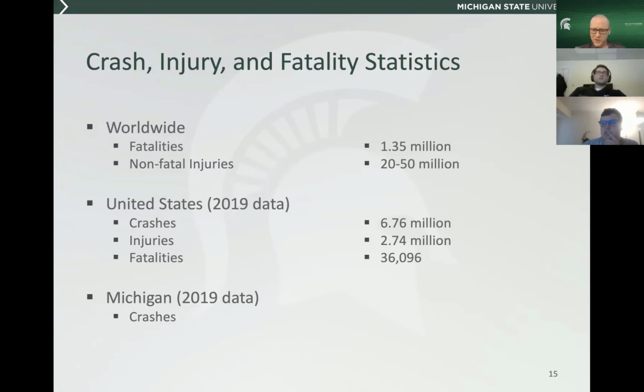Now, as we focus here in Michigan, maybe you have a little better handle on this number. Anybody know how many crashes are reported in Michigan each year? Like 200,000. So 50% more than that. So over 300,000. Now, among those, there's a very large proportion that are deer vehicle involved crashes. And so your number's probably pretty close if we were to focus purely on vehicle involved crashes, I would suspect. Those crashes result in a total of around 75,000 injuries on an annual basis.